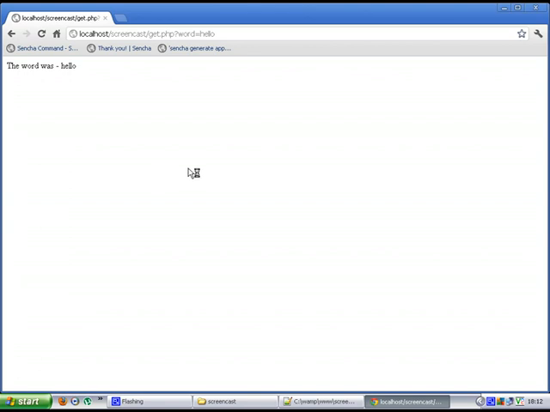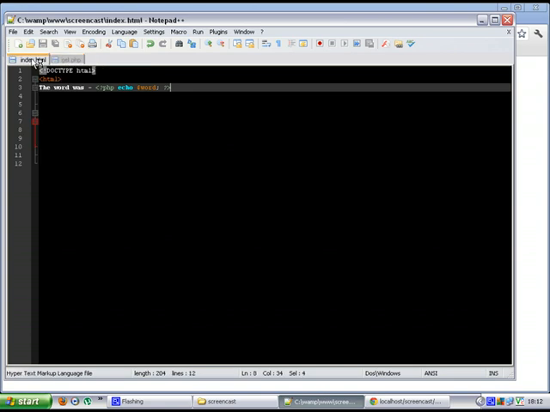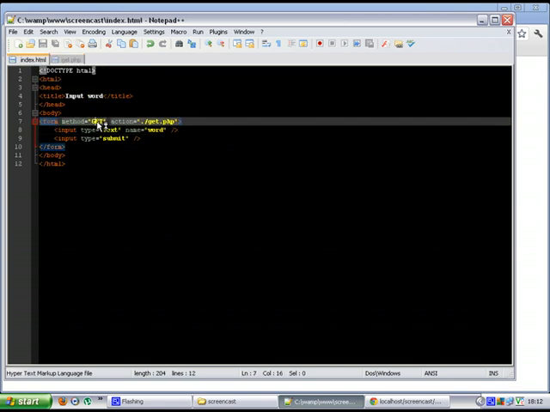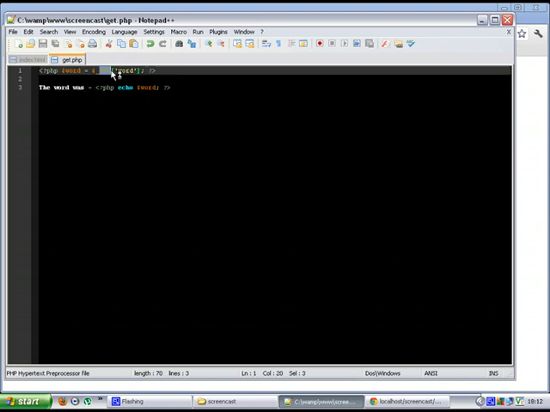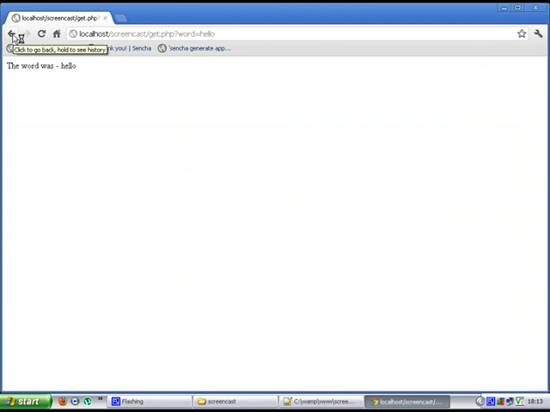Another one is post. Post works in almost an identical way, but it's hidden information that it sends. So to use the post super global, I'll go to the form tag here and change where it says get here into post. Save that, and in here where it says GET in capitals, you literally put POST in capitals. Save it again, and if I go back, refresh my page a couple of times to make sure it's loaded. Now if I type in a word again,